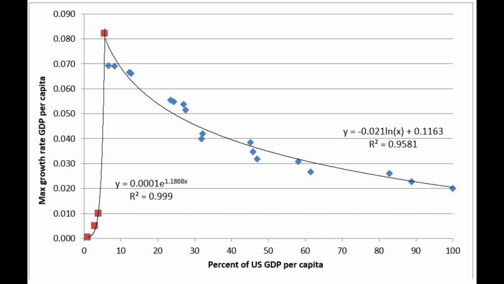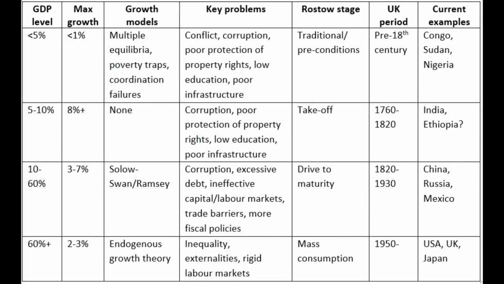Then, when countries are able to reach some key threshold, which appears from my look at the data at least to be something around 5 to 10% of the US GDP per capita, though that's only very rough, they're able to break free from these traps and coordination failures and corruption and other things enough to be able to achieve much more rapid rates of growth. And this corresponds to the Rostow stage of the takeoff phase, when the country is able to rapidly begin industrializing. And this happened in the UK around the late 18th to early 19th century. And currently, this appears to be happening in India since the 1990s, and may be happening in Ethiopia right now, although it's a little too early to say for sure.